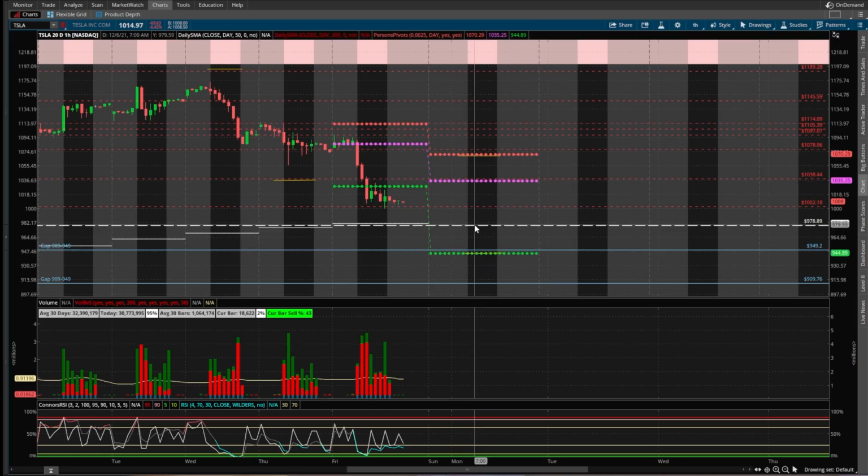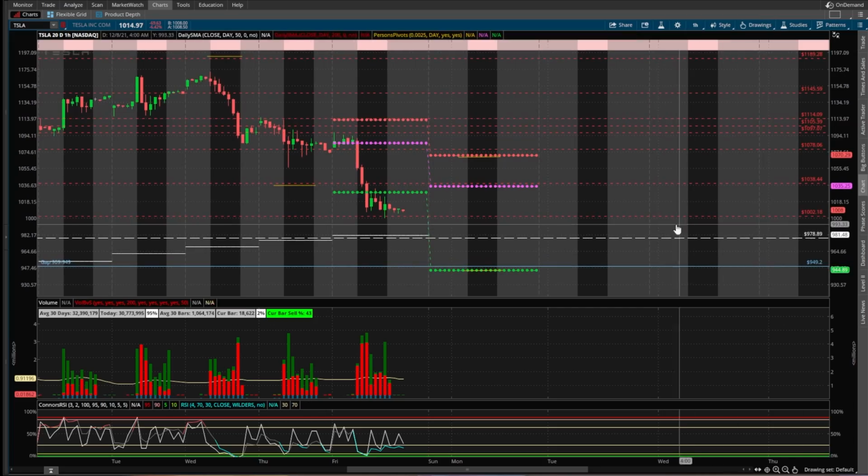So I would wait for Tesla to cross below the 50 days SMA to enter a short-term call option. And by short-term, I'm looking at a couple of weeks out. My price target for that option would be, in the immediate term, 1038 and then 1078. So I would buy with a strike price of about $1,050 and wait for a couple of days for Tesla